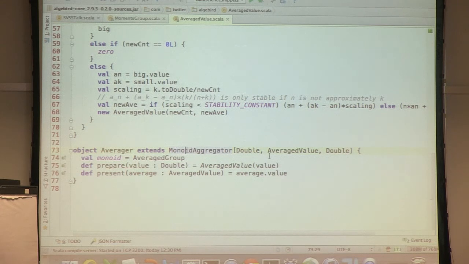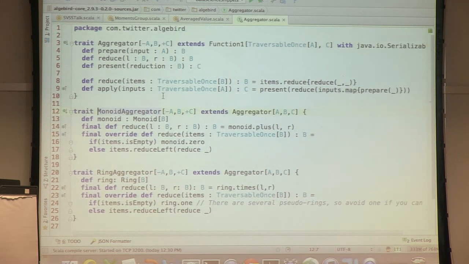And we also have a monoid aggregator, which is, let's look at the aggregator first. So aggregator, like I said, it has this MapReduce map stage, which is the prepare, then the reduce. The prepare takes the input and just transforms it to some other type. The reduce takes two variables of these types and reduces them, and present just again does another transformation on what the reduction was.